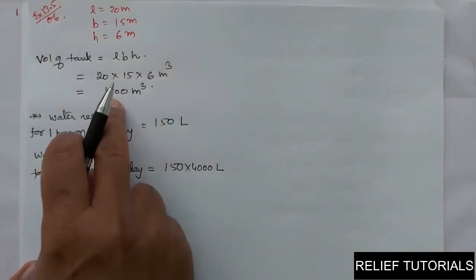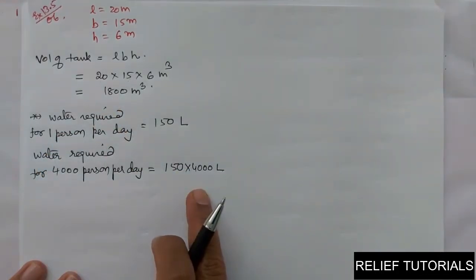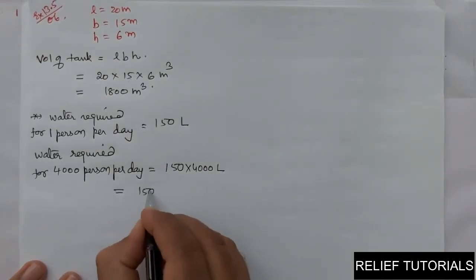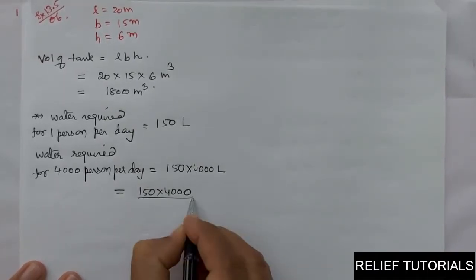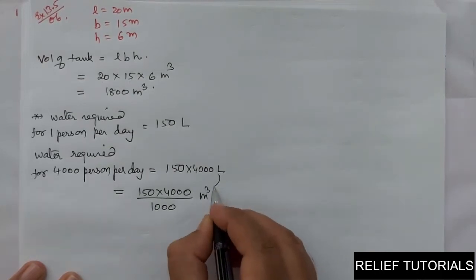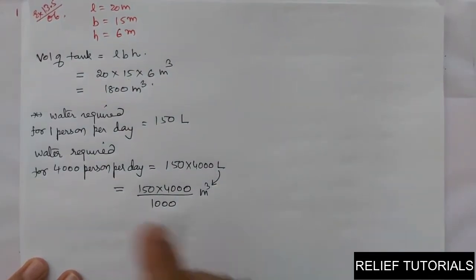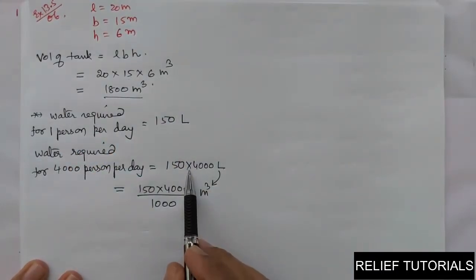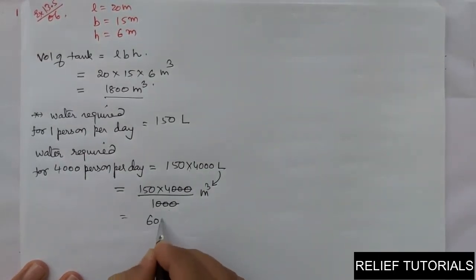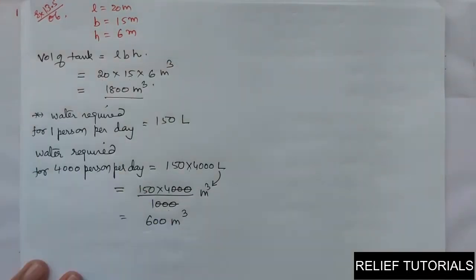It is in liter. Here it is in meter cube. So you know that we will convert this liter into meter cube. So you know conversion, 1 meter cube is equals to 1000 liters. So we can say here 150 into 4,000 upon 1000. What you will get now? Meter cube. So this liter is converted into meter cube. Why? Because here volume of a tank is in meter cube. So here water used by village in one day is in liter. So we have converted into meter cube. This cancel. So that is equals to 600 meter cube. This much amount of water is consumed by whole village for one day. And this is the capacity of a tank.